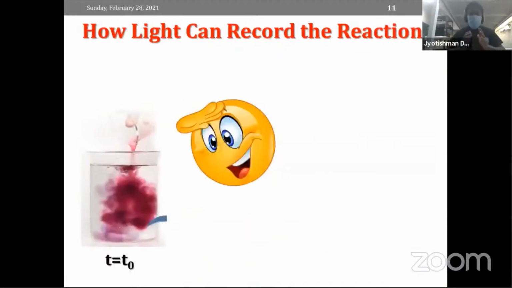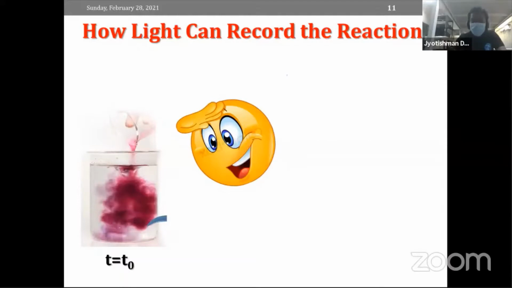So let us think how we are going to see a chemical reaction. You have seen in chemical demonstrations, a chemical reaction lies at the heart of a color change. So the best way to see a chemical reaction happening is to see the change in color. Now let us say I have chemicals within a beaker and I am adding my reagent to it, and instantaneously I see a color change. Now how can I see the color change? There are two ways. One, I can see it with my bare eye, if that is possible, I can see the color change.